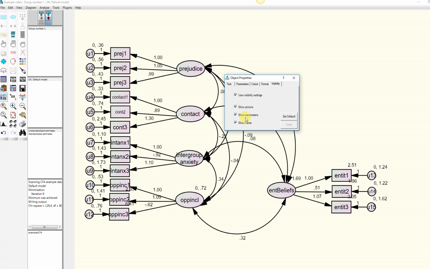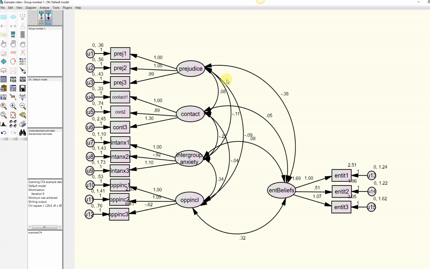In the unstandardized solution, these would be covariances between the latent factors. So in the unstandardized solution, we have unstandardized factor loadings and essentially the covariances among the latent factors. If I look at the standardized solution, I get standardized factor loadings, which are interpreted very much in line with